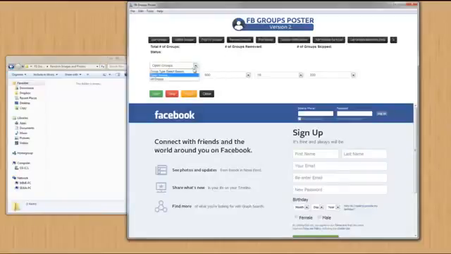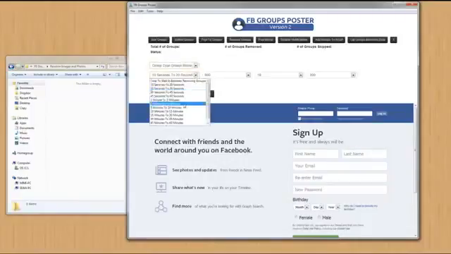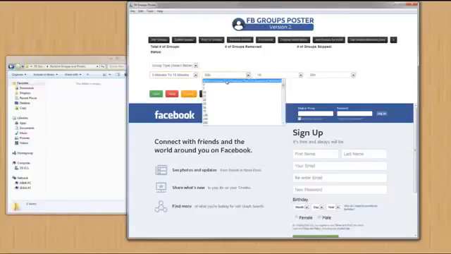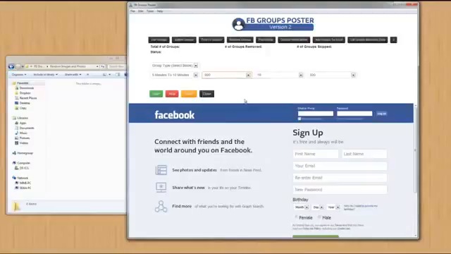You have the ability here, folks, to post to open groups and all groups. Your all groups consist of open groups and closed groups. Specify the amount of time between each point. Software picks a random time. This function right here gives you the ability to remove groups that have less than X amount of members. So if the groups that you want to remove have less than 400 members, the software will go ahead and